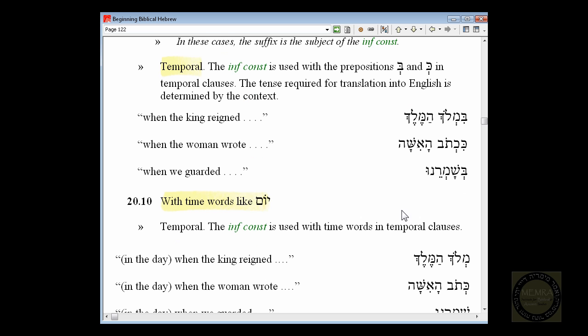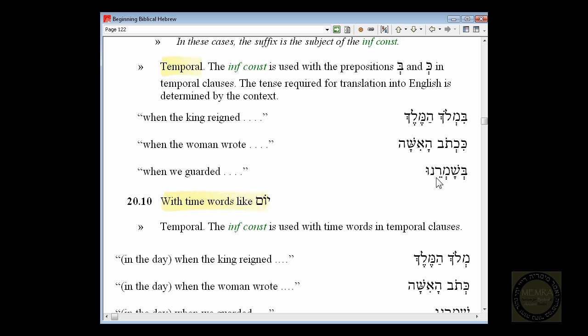Sometimes, if we go down here to the situation with bet with an infinitive construct and we translate it temporally, again, we don't translate it like the normal infinitive, to whatever. Bet or kaf are translated when, right over here, because they sort of set a time for the verbal action. That's why they're called temporal, a temporal use here. So when you have bet, verb form, you think, oh, infinitive construct, and it's a bet. That means it's temporal. That means I'm going to translate it when. So when